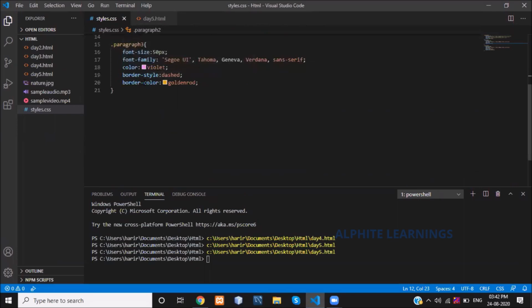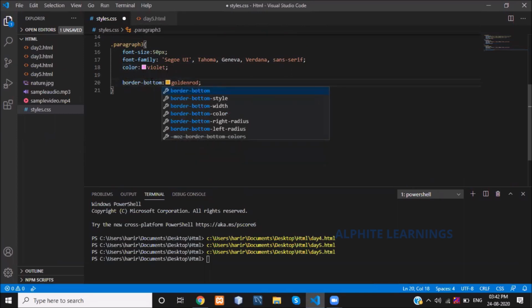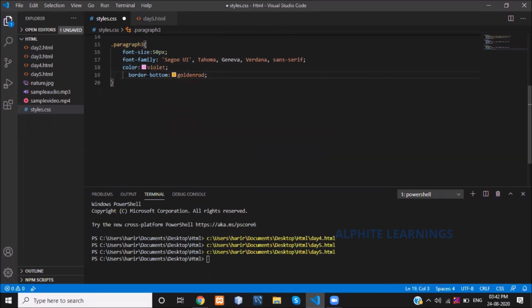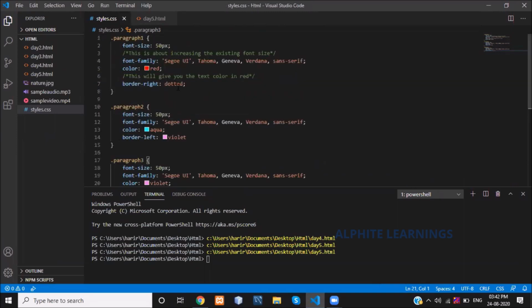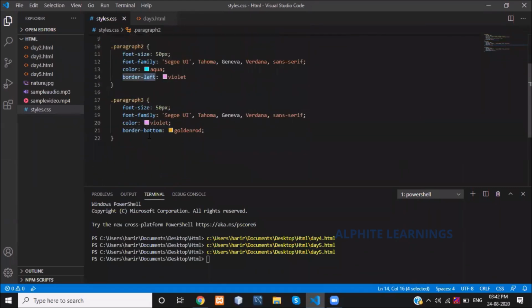For this one, I'm displaying it at the bottom. For my first paragraph, I have mentioned my border on the right side. For the second paragraph, I have mentioned my border on the left side. The third one is about mentioning the border only at the bottom.